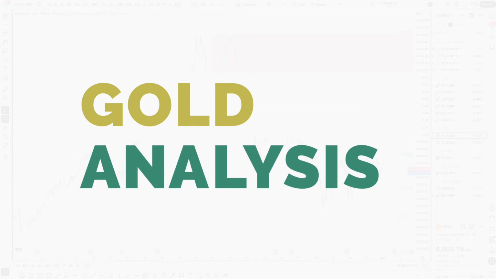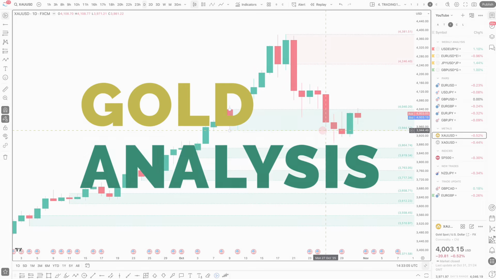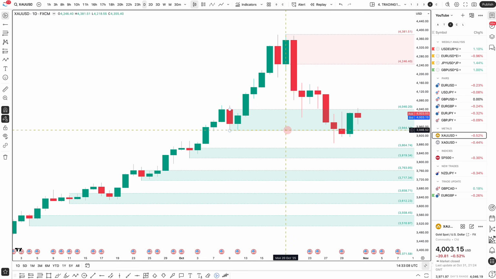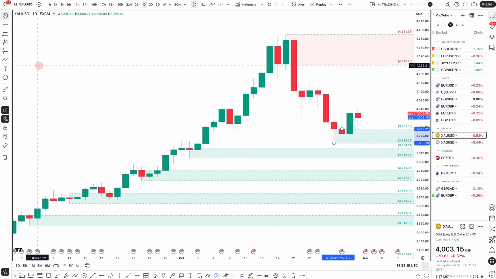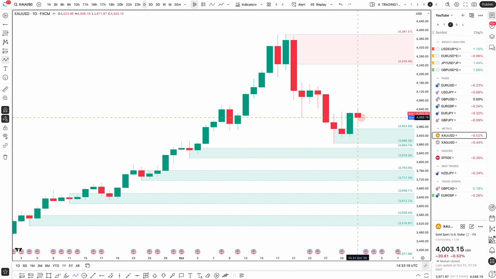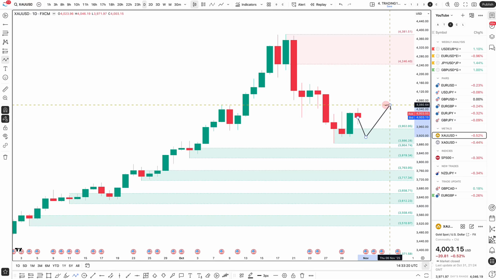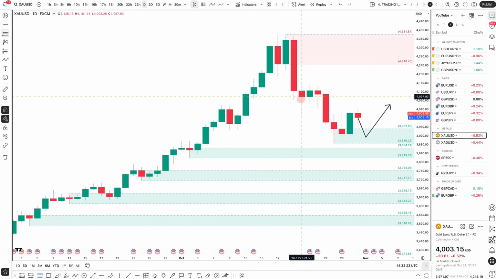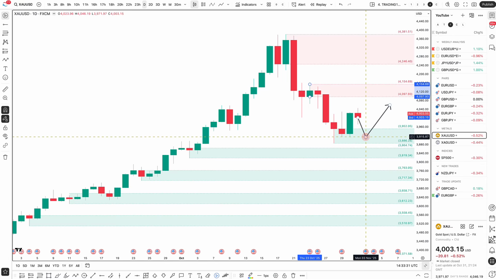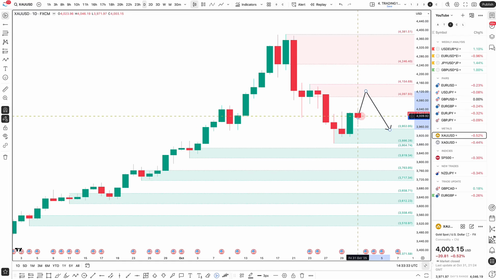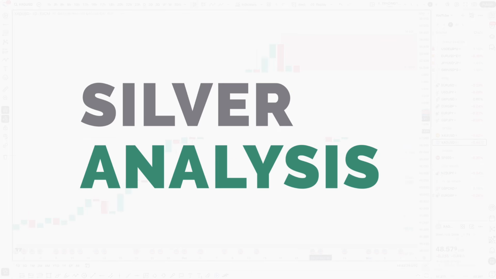Looking at the precious metals overall, now with a hawkish Federal Reserve, gold and silver are likely to come under pressure. So yeah, I think overall gold should still remain more of a buy, though. Again, the Fed are still likely to continue cutting rates. So if you do get a pullback into that zone, that's a decent area to look for a long trade, as long as the data supports it. If you are looking for sells on gold, then you have to wait for prices to pull back up to this area here before looking at a short. Same thing with silver. Silver's in the same boat.